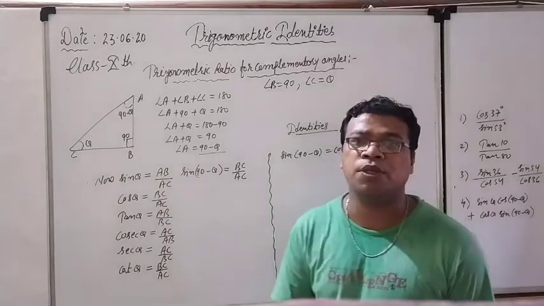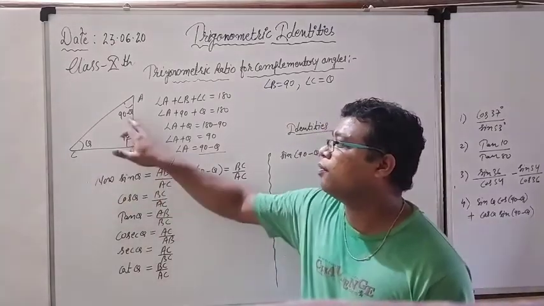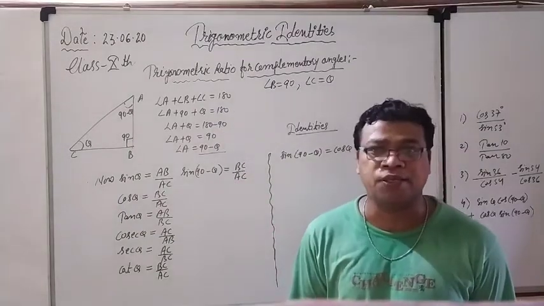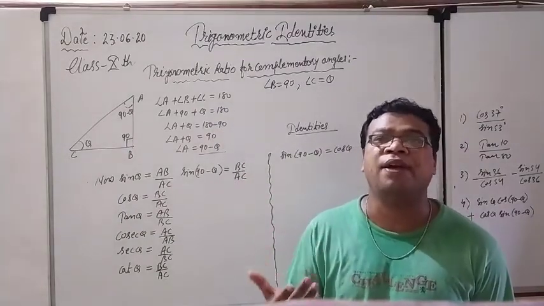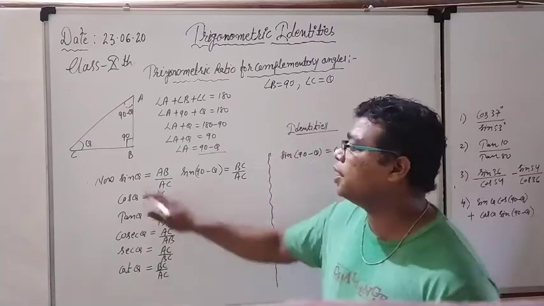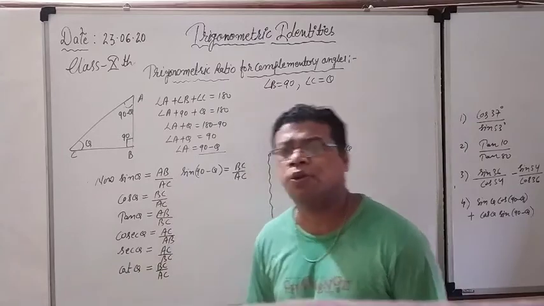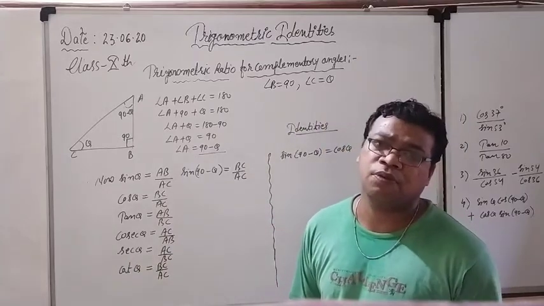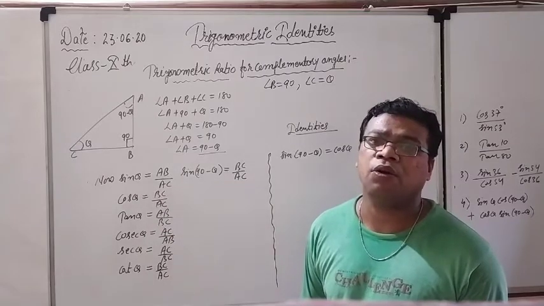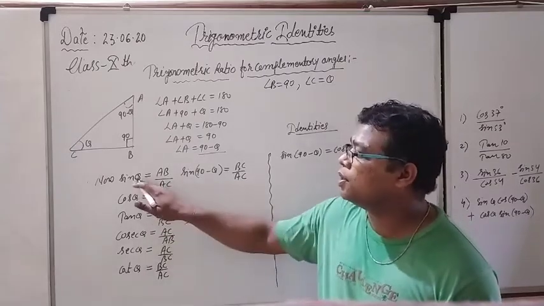So there are the two situations for the angle theta and for the angle 90 minus theta. We will see what are the trigonometric ratios, and after that only we will find out what is the relation which is working in between them. For sin theta, already I have written, and you also know it, because in the first chapter, the introduction part, we talked about all these ratios. Right now, see what is the sin theta.